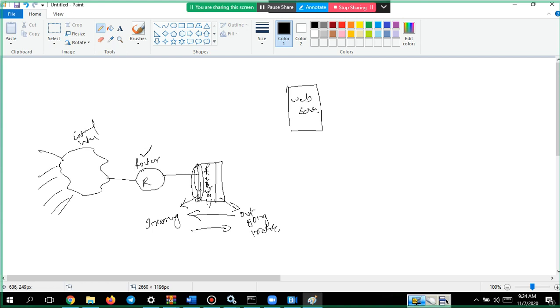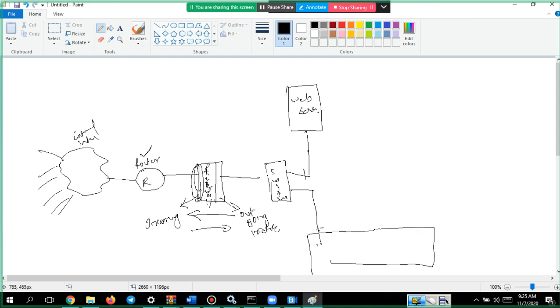Guys, I'm repeating this again and again because you have to remember this architecture at any cost. It is connected to the switch, and it is connected to something like this. And there is one more network where one more switch is there, and so many devices are connected to it.